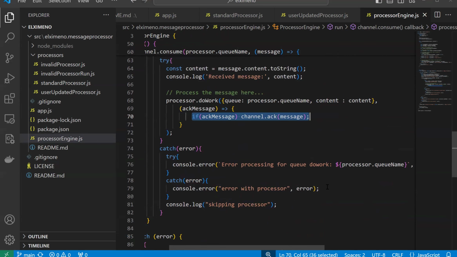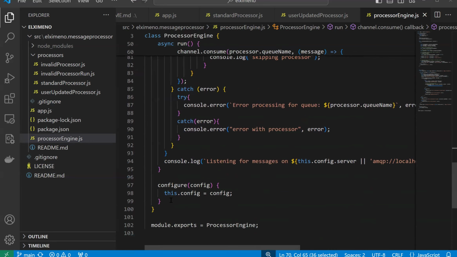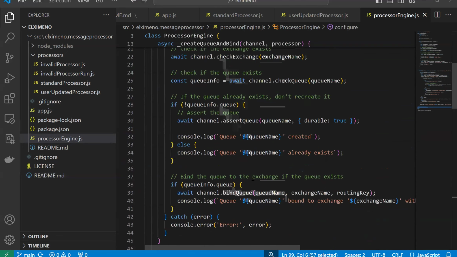And of course, we have some try catches in case it doesn't work, just this fallback to inform whatever. Of course, the configurer does take the configuration and assigns it. Now,